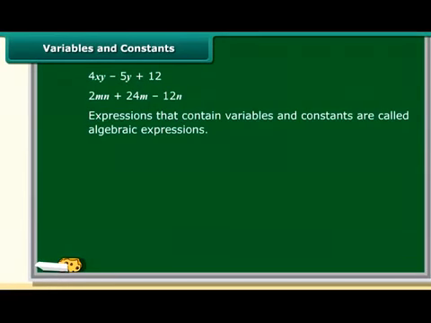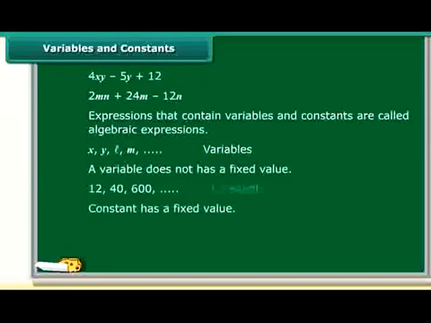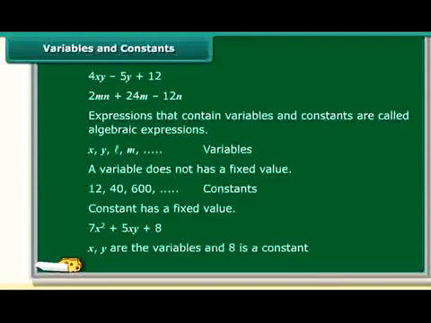Expressions that contain variables and constants are called algebraic expressions. The letters such as x, y, L, M and so on are used to denote variables. So a variable can take various values and its value is not fixed. On the other hand, a value that does not change is a constant. So in the expression 7x squared plus 5xy plus 8, x and y are the variables and 8 is a